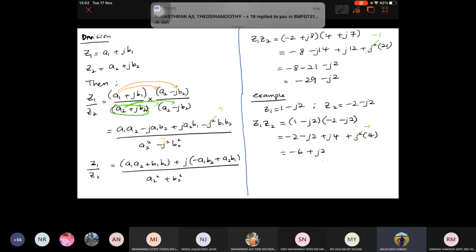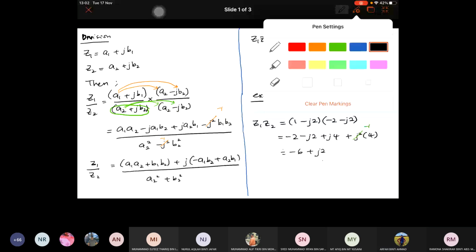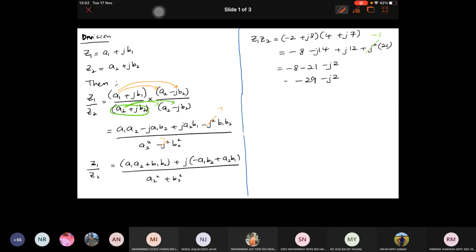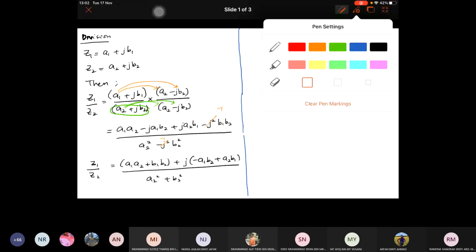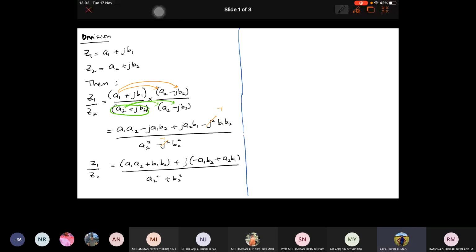Okay dah. Okay. So yang tu sebenarnya ada dekat slide tapi saya tunjukkan dia punya pengembangan bagi Z1 bahagi dengan Z2. Pembahagian bagi dua complex number. Okay, those who have finished, try exercise yang saya letak dekat dalam slide. Okay. Example 1, dia ada